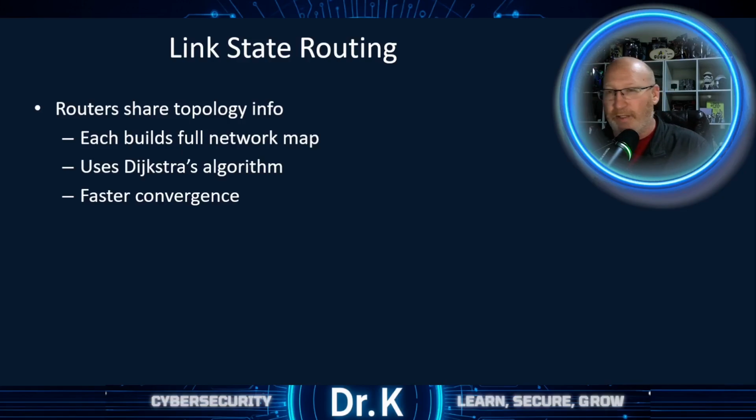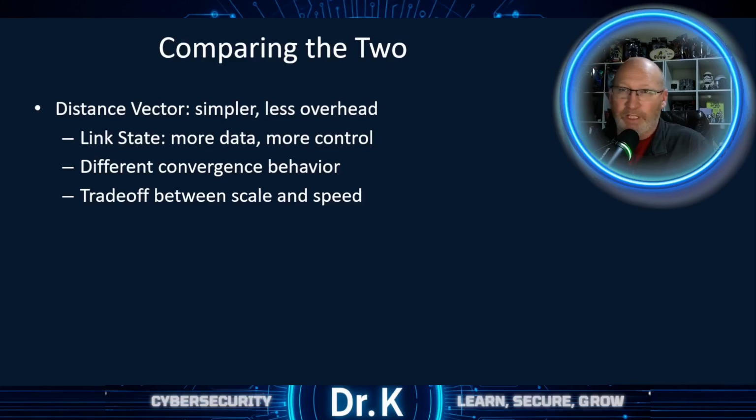It's much more decisive. So the ultimate question then is, which one's better? Well, it's a trick question. Distance vector, or DV, is simpler, with less state and less communication overhead, but it's slower to react to change. Link state, on the other hand, means more data exchange, more CPU and memory, faster recalculation, and it's more responsive, but neither is universally superior. There are trade-offs to both. And networking, honestly, engineering in general, is just a series of intelligent trade-offs. You can't get everything. You have to choose what matters most in your network.